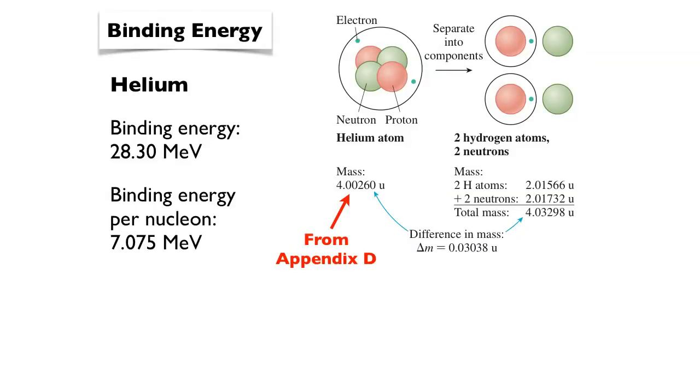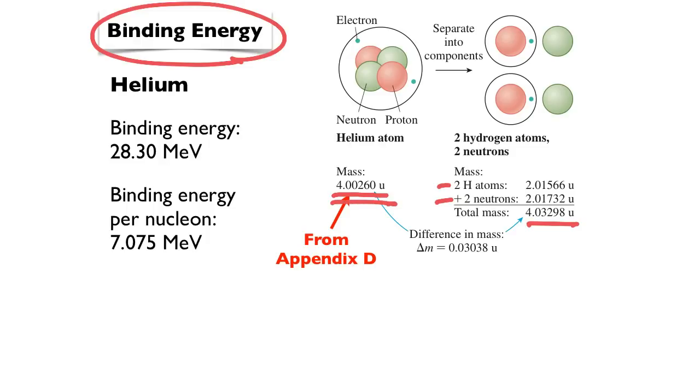Now I want to look at this concept of binding energy. Okay, a helium atom is made up of 2 neutrons and 2 protons plus 2 electrons. If I separate it into components, that's basically 2 hydrogen atoms plus 2 neutrons. So these are the raw materials that I would use to build a helium atom. But if I look at the masses, the mass of a helium atom, 4.00260 atomic mass units, is less than the mass of 2 hydrogen atoms plus 2 neutrons. So I go from this amount of mass to that amount. That means if I took 2 hydrogen atoms and 2 neutrons and built a helium atom out of them, energy would be released in the process.